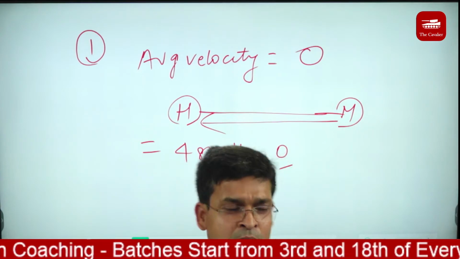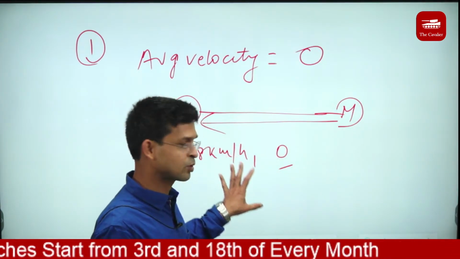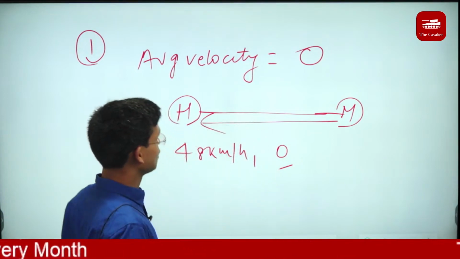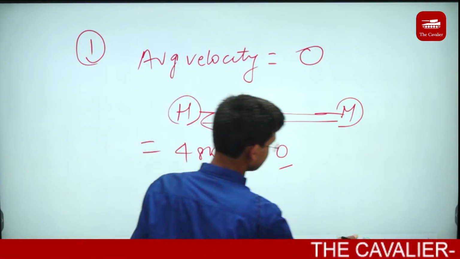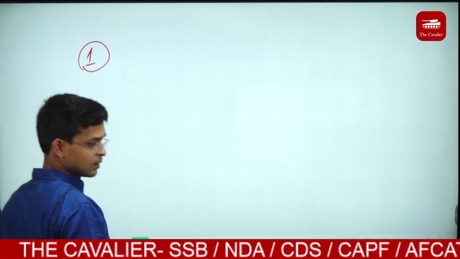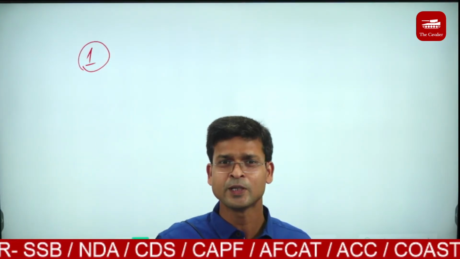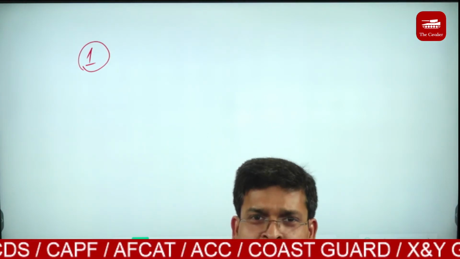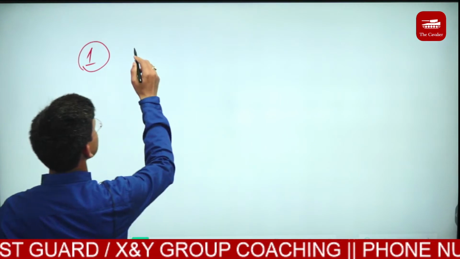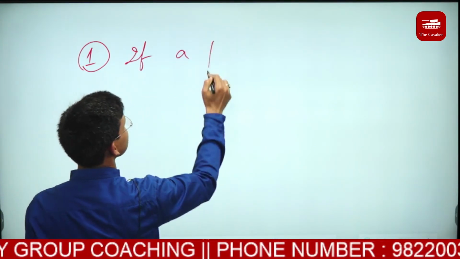Most of the time, this type of question comes in the exam. Okay. Now we come to the next. अभी जो मैंने बताया है उसमें दो वेलोसिटी दिया हुआ है v1 and v2. Now in this case, if a person